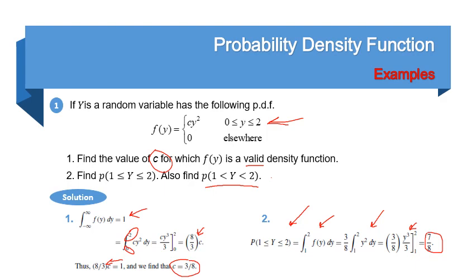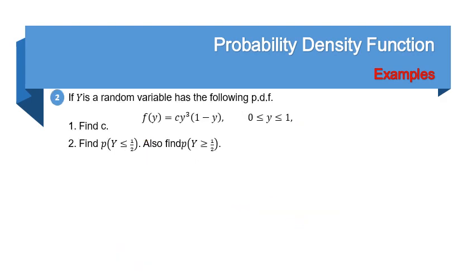And this completes problem number 1. Here is another example for the calculation of probabilities or finding the constants for our probability density function in the continuous random variable case. So here, as you see, again, he gave us the density function for the random variable